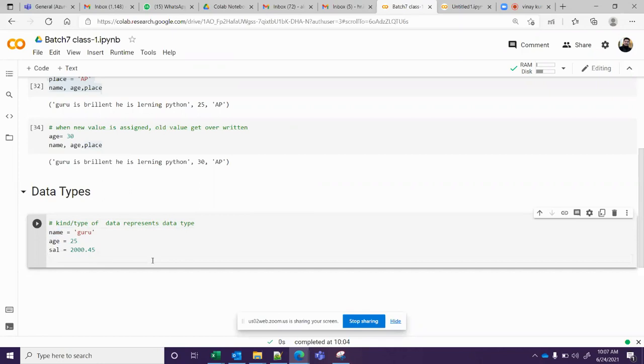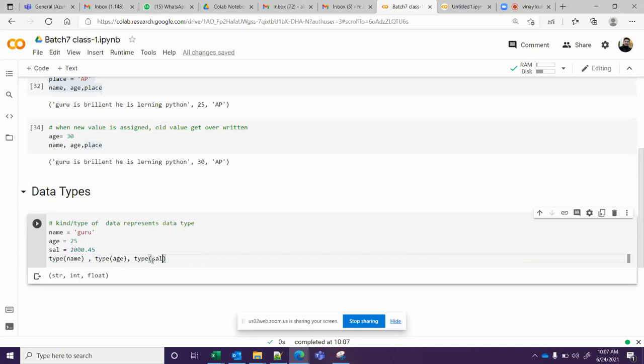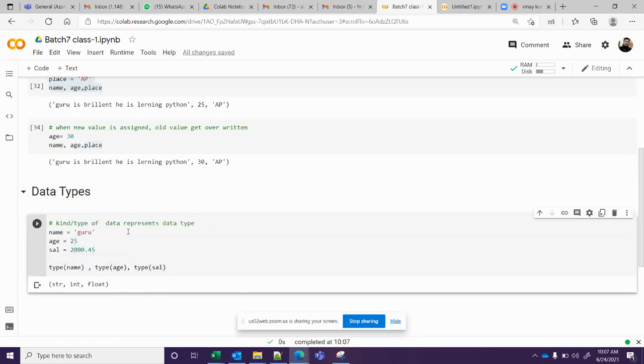So let's see how to find the data type of a variable or any number. For that you have a keyword called type of a name. Let's say type of age, and type of salary. Let's see, it shows integer, strings, booleans. What is the meaning of a character? One character is represented as a string, but in Python we do not have character. Everything is a string, including one character. There is no data type called char.